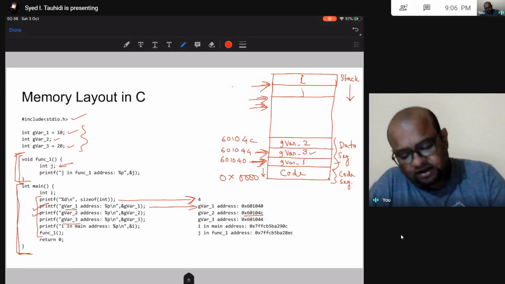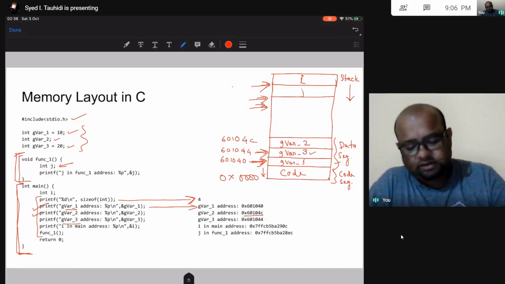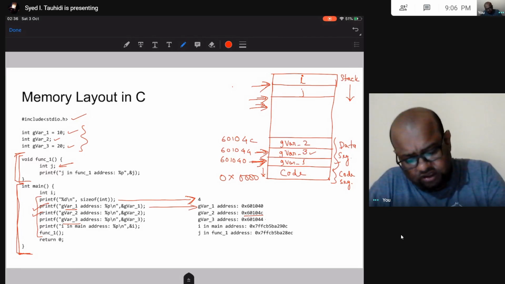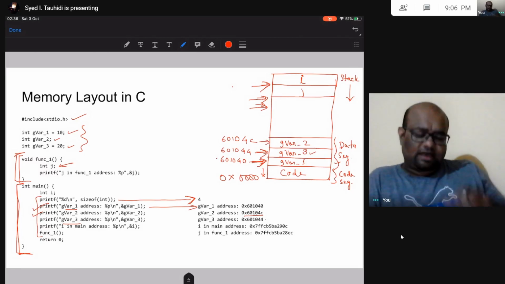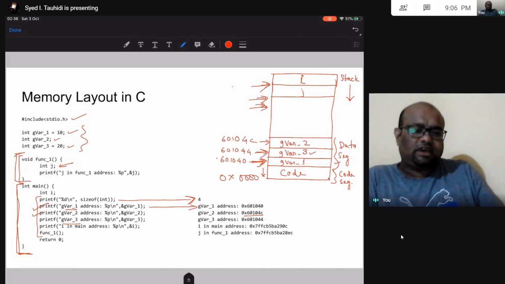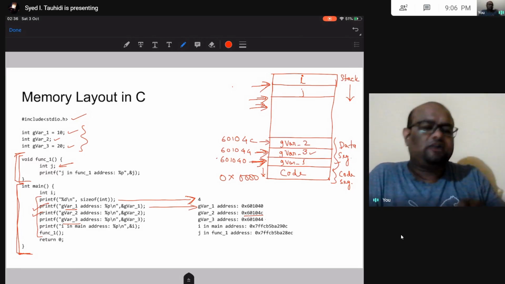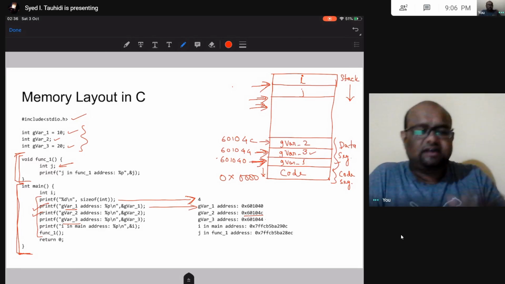So after that, I have global variable 2. It is on top of global variable 3, as we discussed. We discussed that global variable 1 is going to be at the bottommost, then global variable 3, then global variable 2.